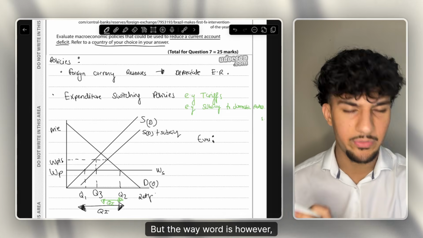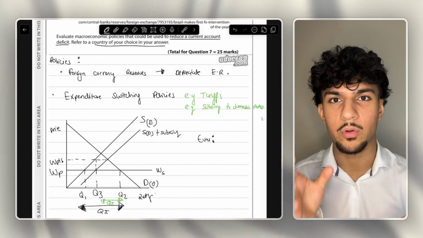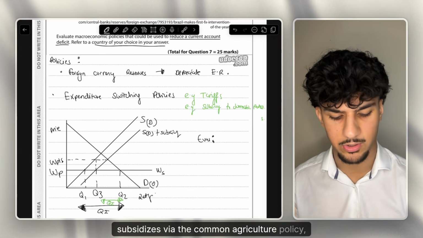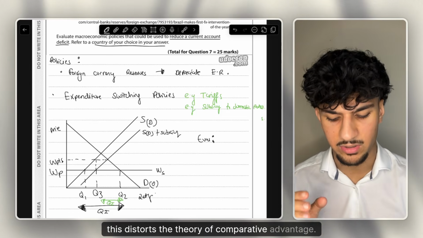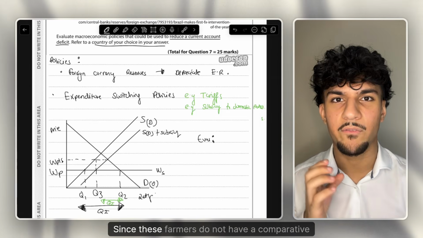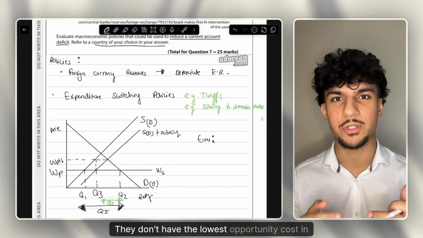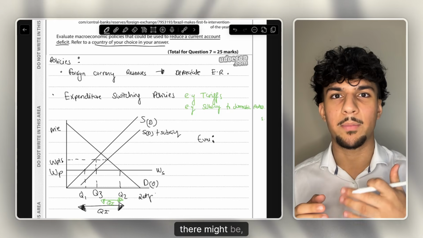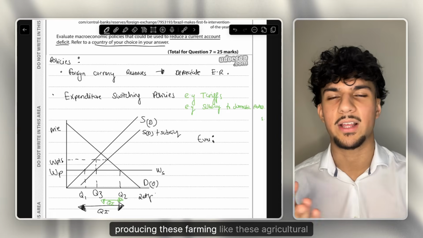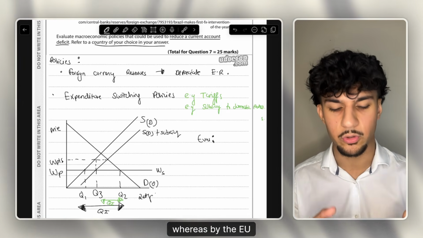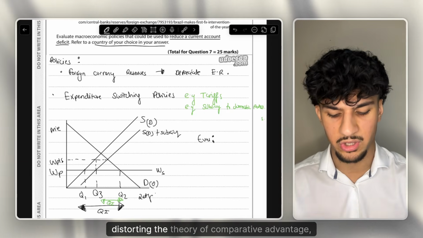But the way the word is, however, in evaluation, this depends on the degree of retaliation. As when the EU subsidizes via the Common Agriculture Policy, when they subsidize these Romanian farmers, this distorts the theory of comparative advantage. And why is that? Since these farmers do not have a comparative advantage in producing, they don't have the lowest opportunity cost in farming. For example, there might be farmers across the world who have a lower opportunity cost of producing these agricultural goods, whereas by the EU subsidizing them, they're artificially giving them lower costs, therefore distorting the theory of comparative advantage,